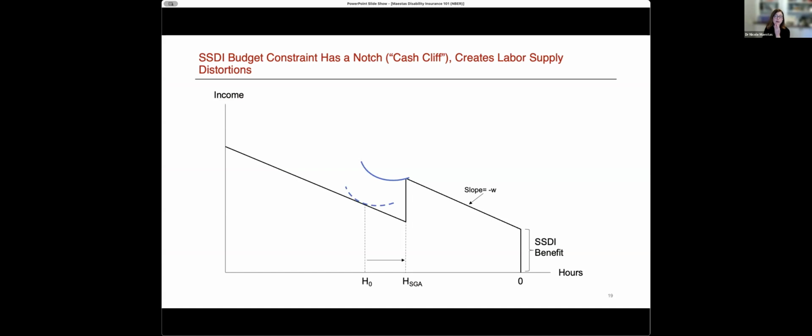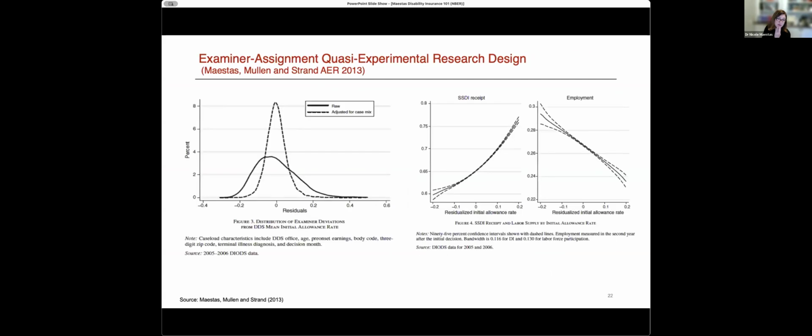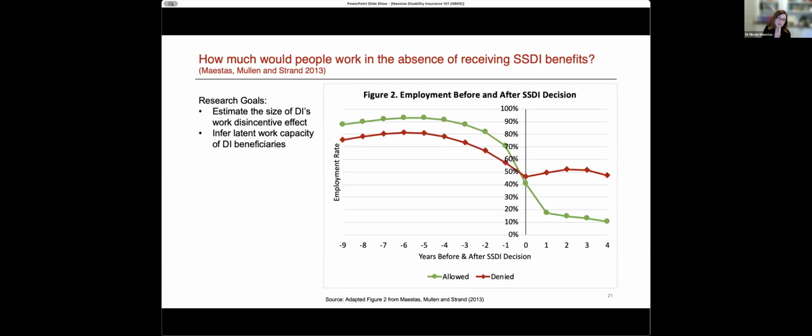And I think I'm going to skip my budget constraints. I was thinking you guys of all the audience would appreciate them, but I think I want to move on to something else, which is